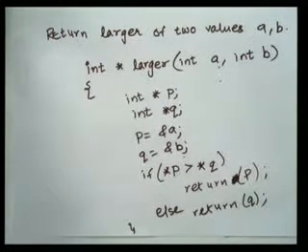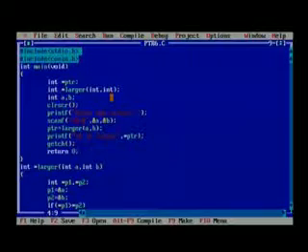So let us see here. We have a main function. I have made one pointer because when this function returns a value, I need a variable of the same type as the return type. So I am using ptr to accept the return value. int *larger is the function which I have made, with a and b as parameters, and I am inputting two values using scanf. Now ptr = larger(a, b). Since larger returns a pointer, I need one pointer variable to accept the result. Then I can print the value using *.